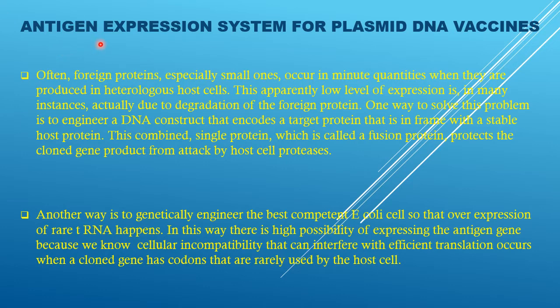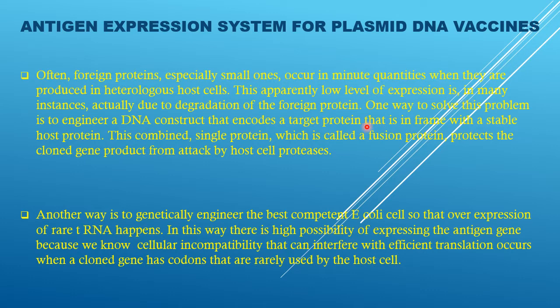So now we shall talk about the antigen expression system for plasmid DNA vaccines. Often foreign proteins, especially small ones, occur in minute quantities when they are produced heterologously. So when we are producing a particular protein in a non-specific host, there will be a quantity decline, and that is what happens in the case of DNA vaccines, because when the plasmid is incorporated in the mammalian cell, a non-specific host cell, the production of this particular antigen protein is very minimal, and that is why there is